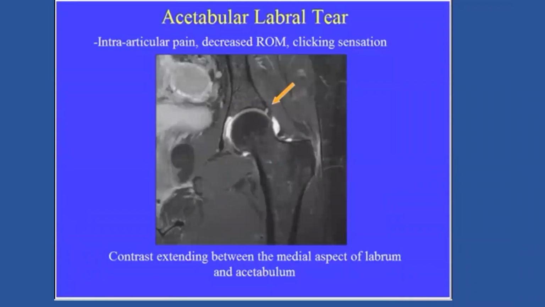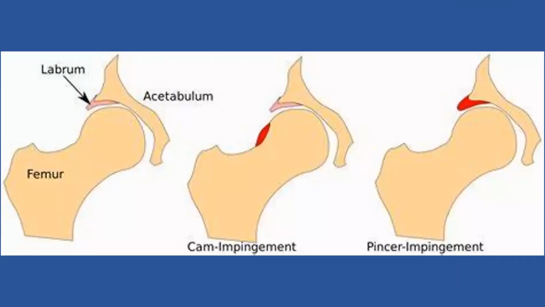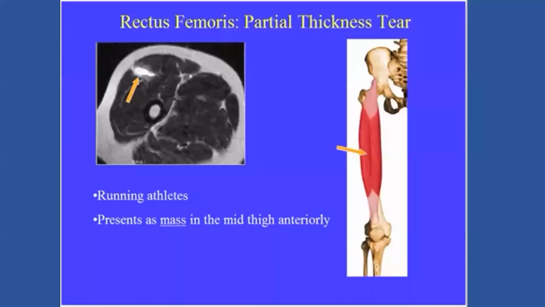You see that there is a radiolucency within the outer edge of the labrum. This shows you the labrum, and it shows you what impinges on the cam, and it shows you tethering or the pincer phenomena. All these give you a snapping hip. Don't forget this. Now, running athletes can have tears of the rectus femoris,